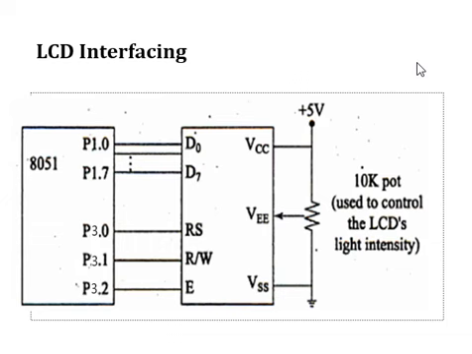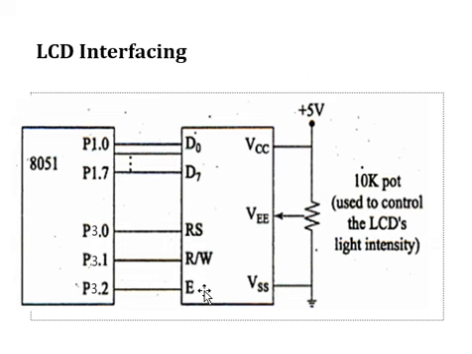Now if you check this particular diagram, on the left hand side the 8051 IC is there, and out of this 8051 we have utilized port 1 and port 3. 8 pins of port 1 are connected to the data lines of the LCD, which is available on the right hand side, and 3 pins of port 3 are connected to the control lines, that is register select, read write and